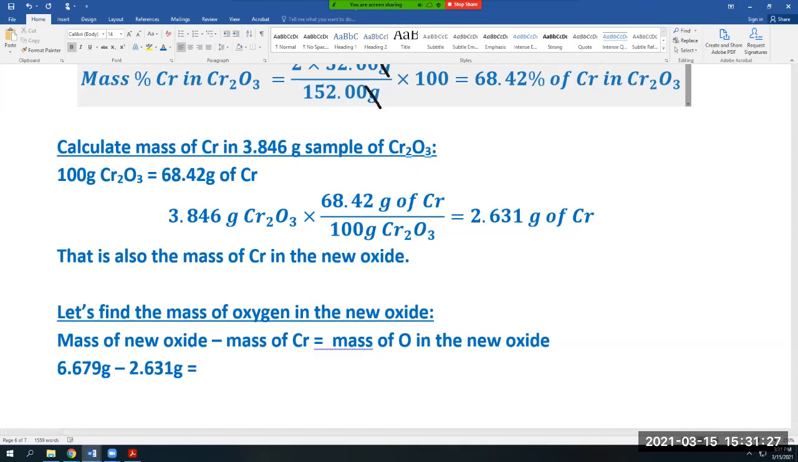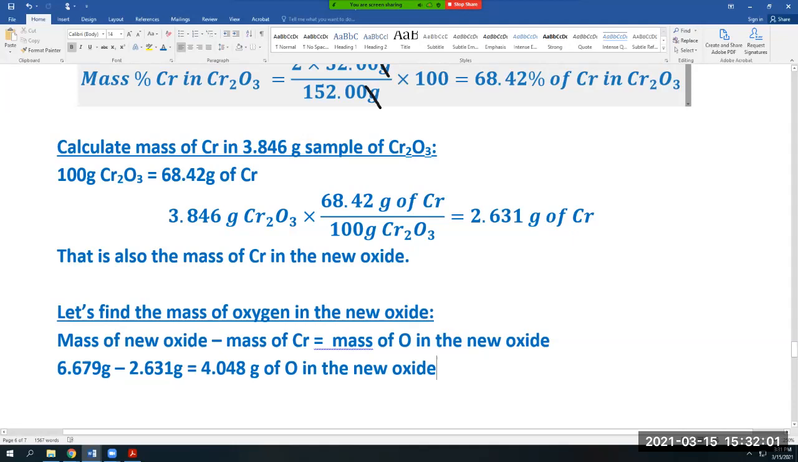So 6.679 minus 2.631 is 4.048. And that's grams of oxygen. Oops. Of oxygen in the new oxide. So we have the mass of oxygen in the new oxide, the mass of chromium in the new oxide. So now we can just do the usual procedure that we do to find the empirical formula of compounds, which